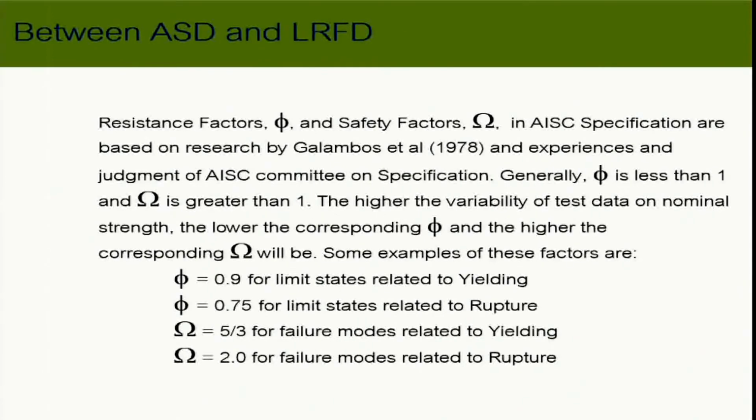So you have yielding and rupture. We're not going to have more than that. We only have yielding and rupture in terms of strength. Are we crystal clear? Yes, we are. Okay, excellent. So now